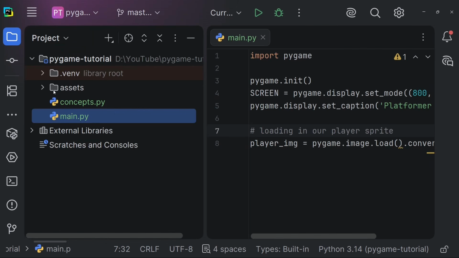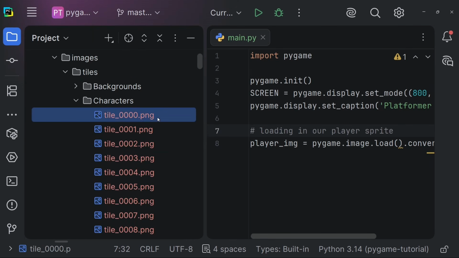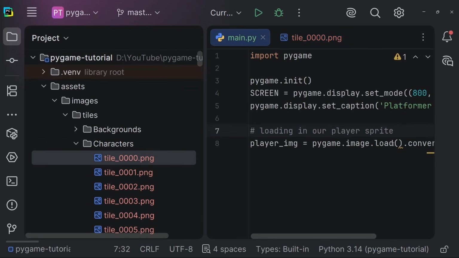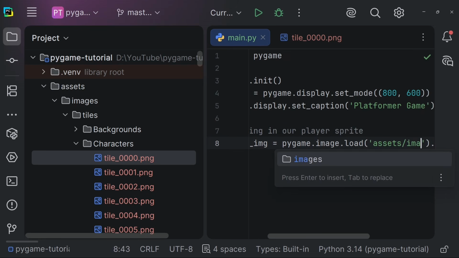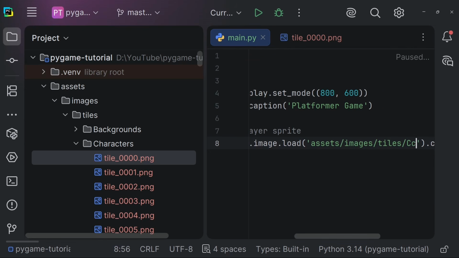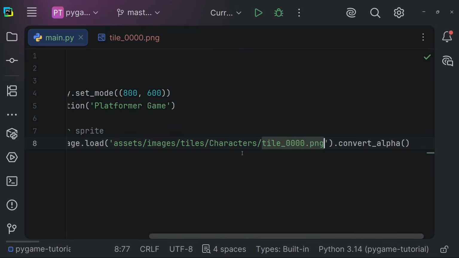So I actually want to go to my folder right here, assets, images, and inside characters, let's look at this. So I want to load this image. So I simply write in the path for that image. I'm going to start with assets slash images slash tiles slash characters. So I have a folder called characters, and I want to get the tile0000.png. Getting this path might be different for you if you're using different assets, but it should be pretty